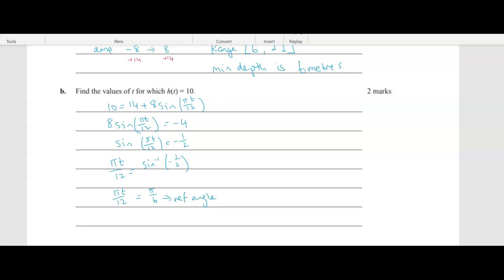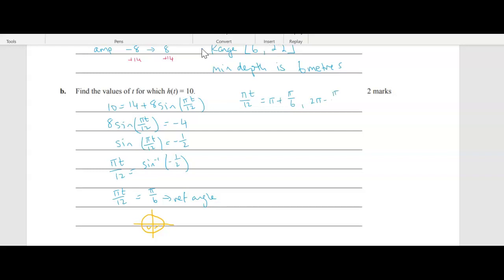And we need to use the unit circle to work out where sine is negative. So sine is negative in the 3rd and the 4th quadrant. So our solutions, we're going to have pi t on 12 is equal to, first of all, pi plus pi on 6. And then we're going to have 2 pi